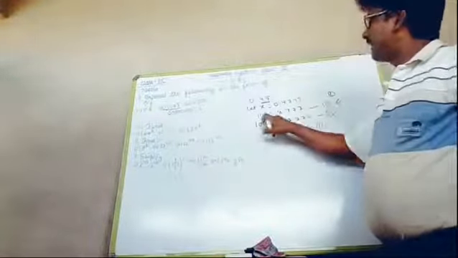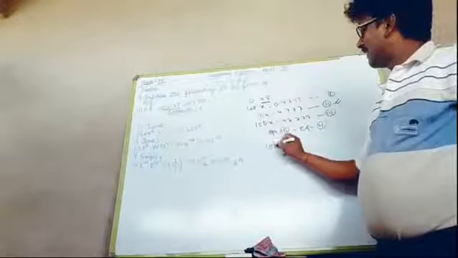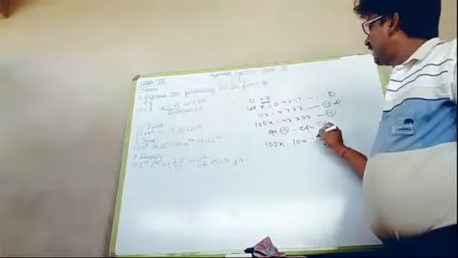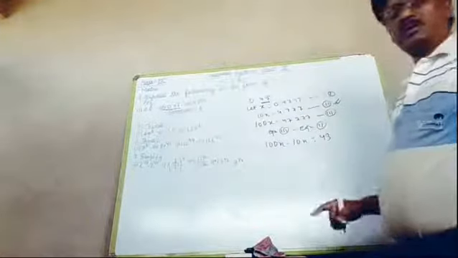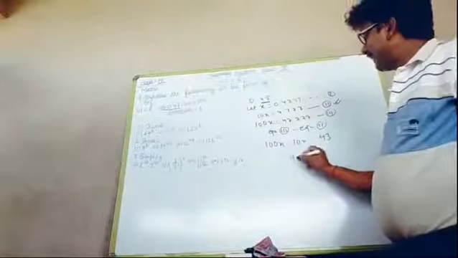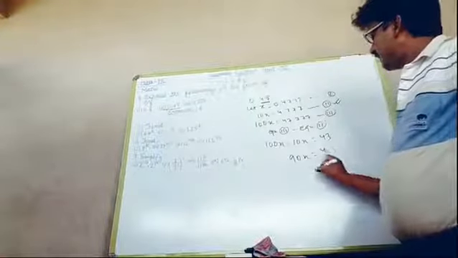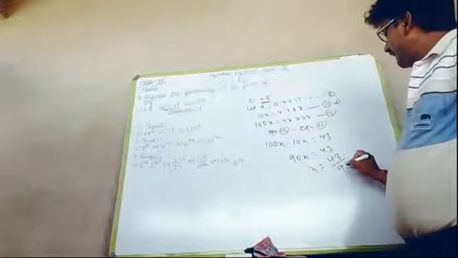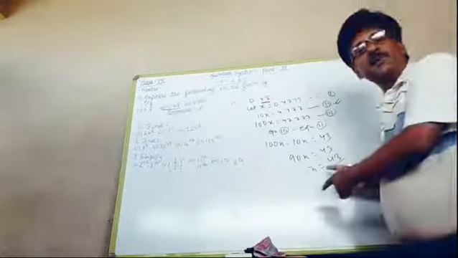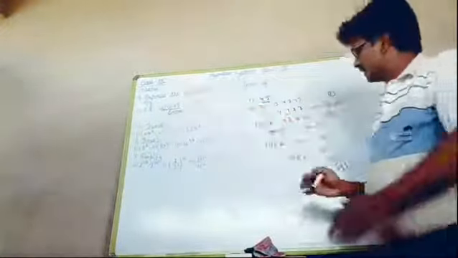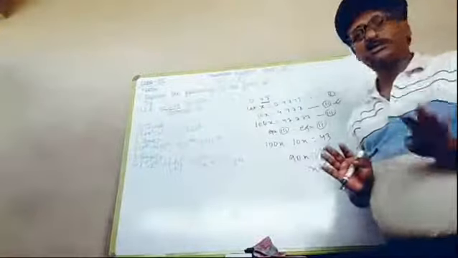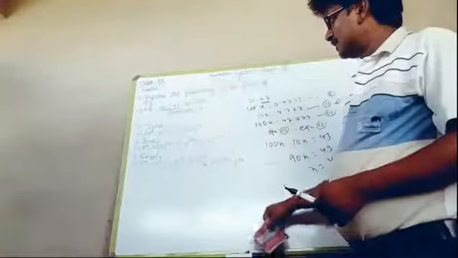Equation 3, 100x minus 10x. So 100x minus 10x, and 47 minus 4, that is 43. So 100 minus 10, that will be 90x is equal to 43. So x is equal to 43 by 90. Here this lies in the form of p by q, and this is how we can express such types of questions in the form of p by q. Understood? Next question 3.